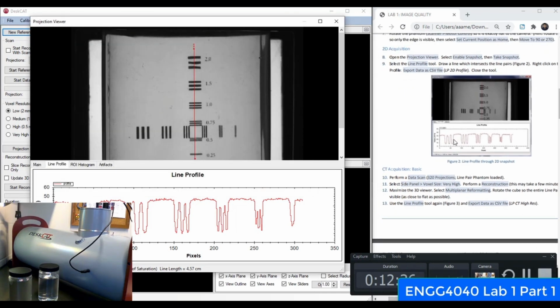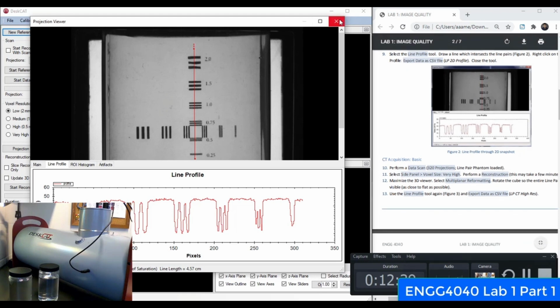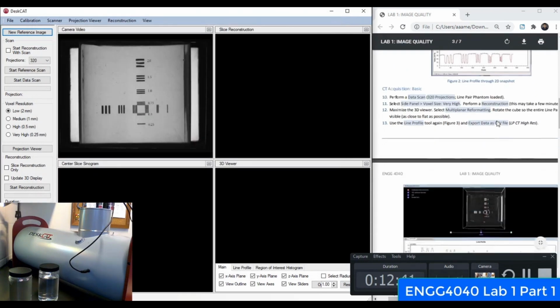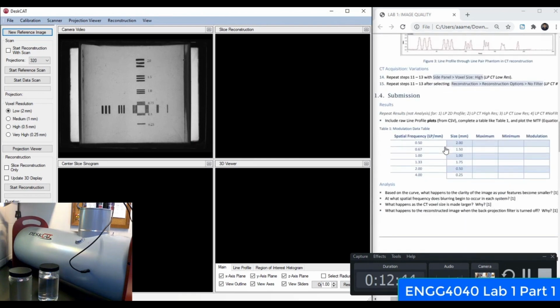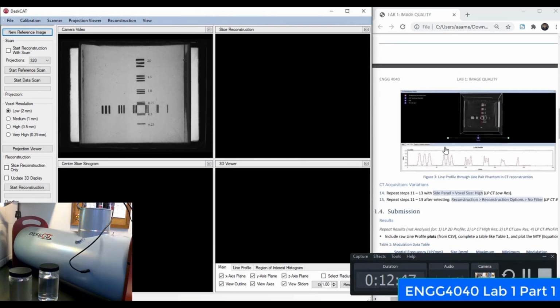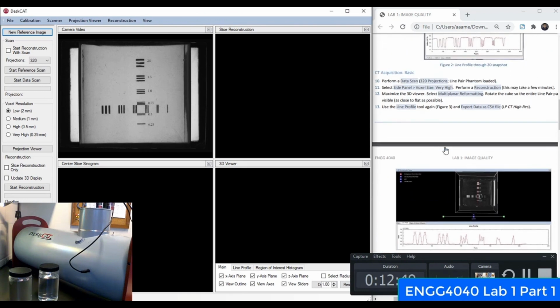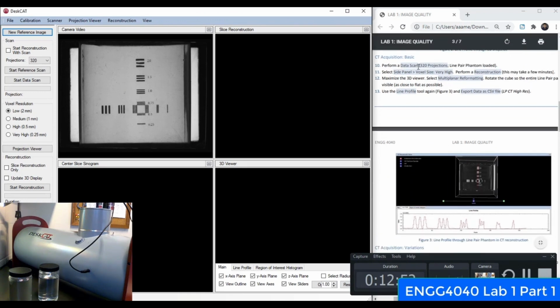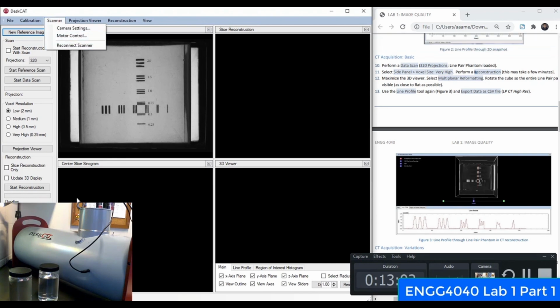Excellent. Let's keep going forward. I'm going to close that projection viewer since we're done this section. Let's move on to CT acquisition basic. Okay, so we're almost done here. Perform a data scan of 320 projections with a line pair phantom loaded, which we already have. So let's do that. Data scan is right here on the left pane under scan. So start data scan